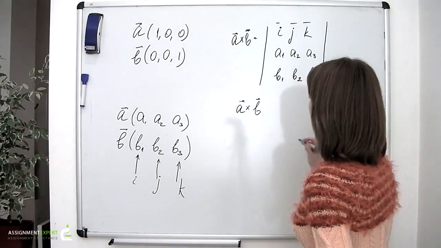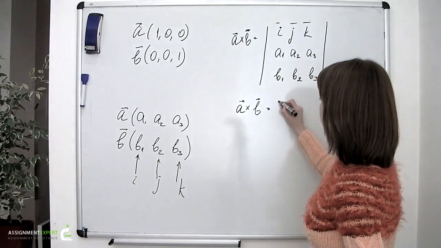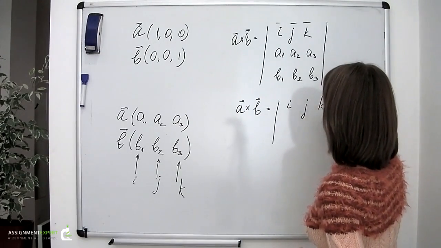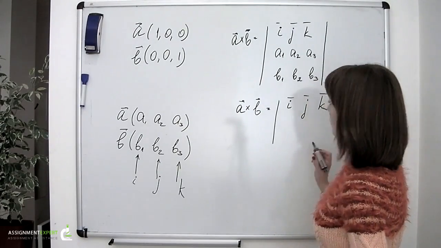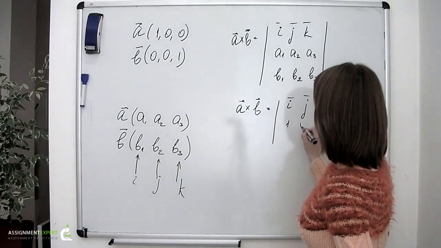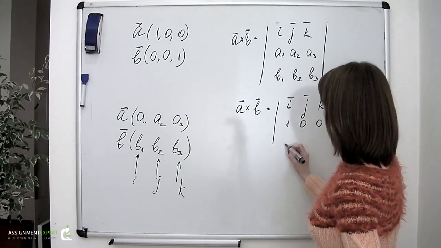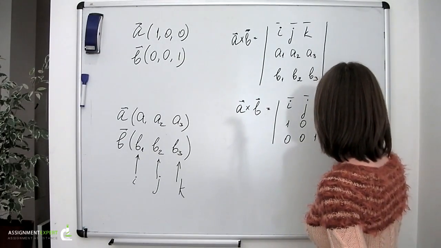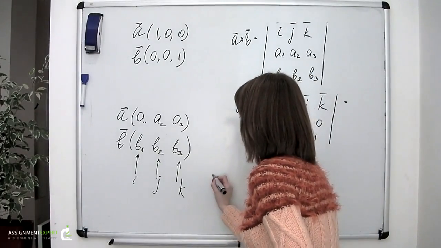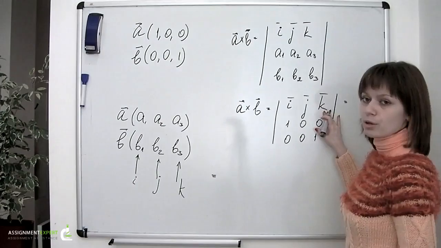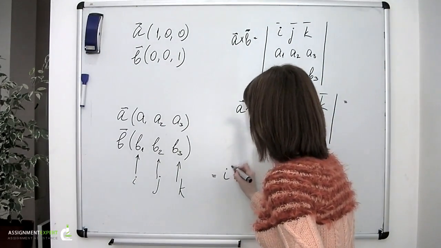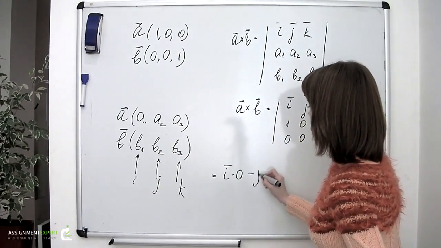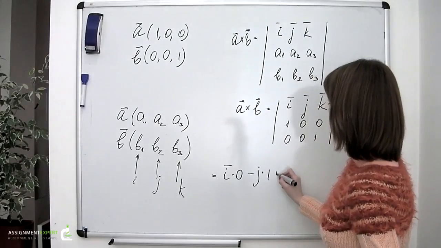So we have A cross B equals a 3 by 3 determinant, where the first row still is the standard basis I, J, K. Then I have vector A, 1, 0, 0, and then I have vector B, 0, 0, 1. I'm calculating this determinant by opening it by its first row. So I have I times 0, minus J times 1, plus K